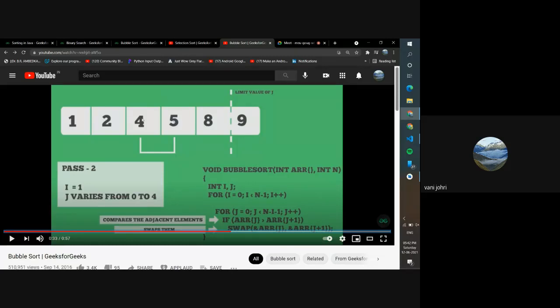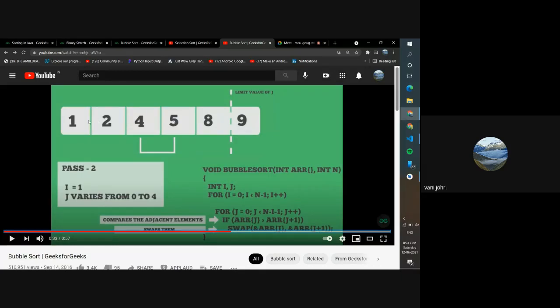So what are we going to do? We're going to take the midpoint, and the value we are searching for is 8, right? We will compare 4 with 8. The first thing we'll check is, is this element equal to the one we are searching for? No, it is not. 4 is not equal to 8. Then we'll check, is 4 greater than 8? No, it is not greater than, it is smaller than 8.